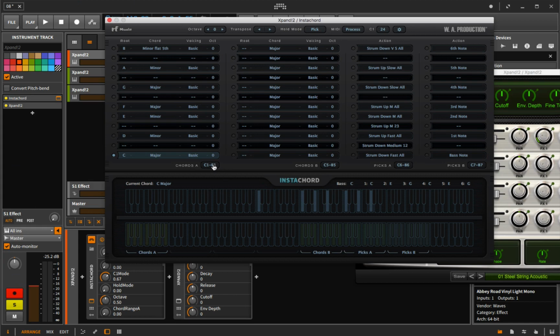Well, let's say you had a keyboard that only had a limited range. Let's say it went from C3 to D4, and you only had 2 octaves. Then you could tell this to trigger from C3, and you could tell this to trigger from C4. And then what we would have is